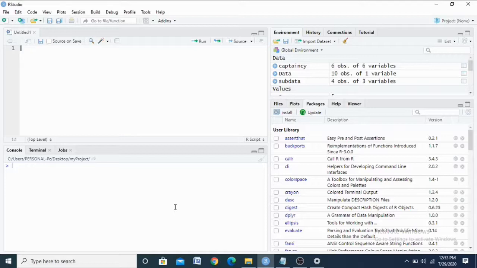When we achieve these, what knowledge do you already need for this? You should have some basic knowledge about data frames, what an R script is, how to create your script, how to save it, how to run the R script, and how to set the working directory. These are all very, very important when you go for indexing and slicing data frames.